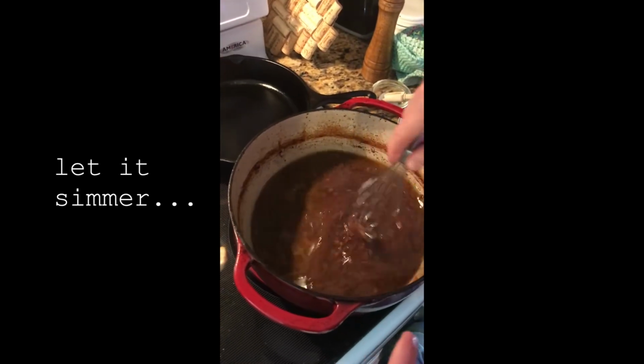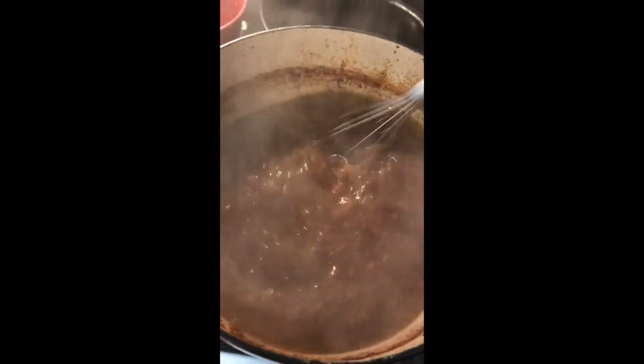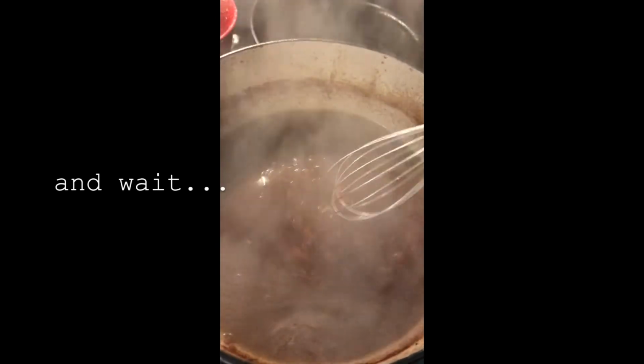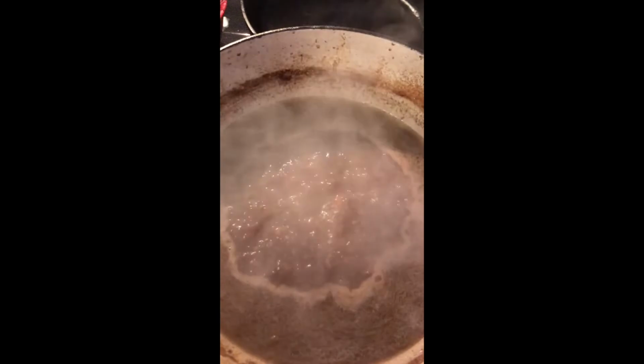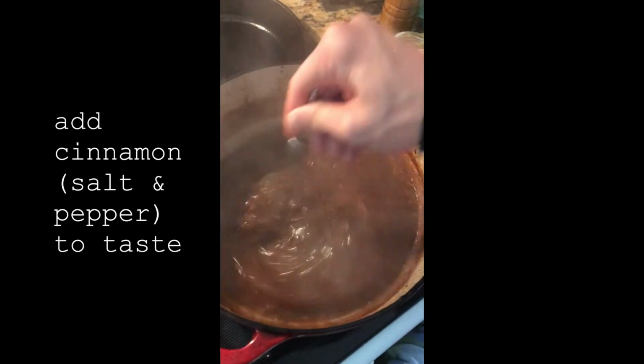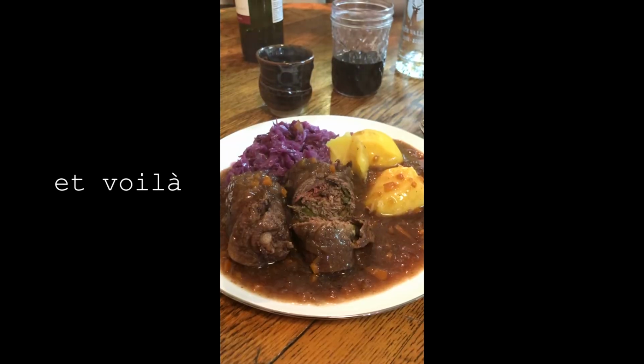And now we wait. Oh my god. Oh, I see a clove. Get it! It's thicker. Not thick enough. I don't think it's quite to a sauce consistency yet. It is perfect. Added a little bit too much cinnamon in it just because I was feeling funky. Maybe it's great. Finally, it is